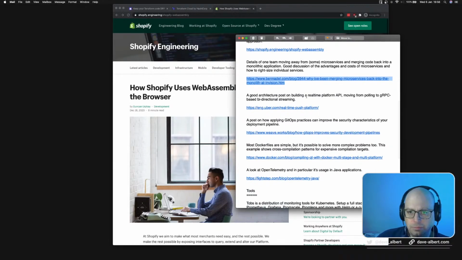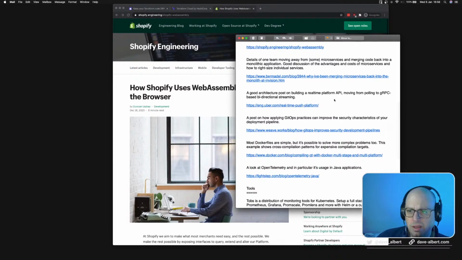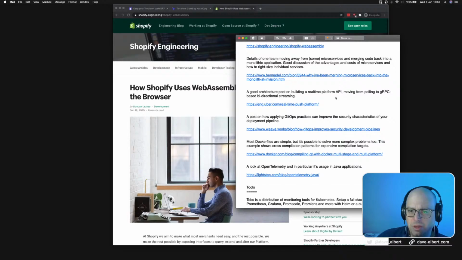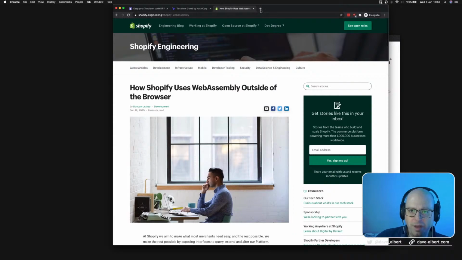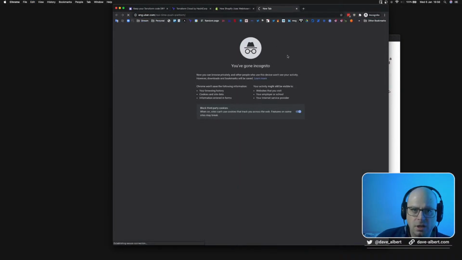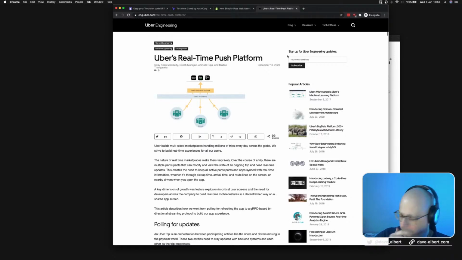Let's see. A good architecture post on building a real-time platform API, moving from polling to gRPC based bidirectional streaming. It's interesting. I've been talking with a coworker about the differences between having your backends, your services running over gRPC as opposed to REST. We haven't gone too far in depth in that. He and I have talked about streaming a few things before. I'd really like to do that